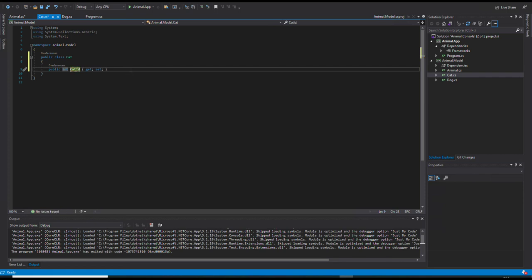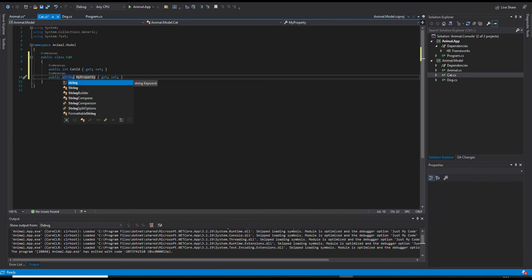Right, so let's say there will be a cat breed. So you can put any features that you want here, which will signify